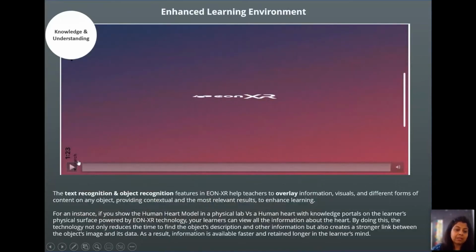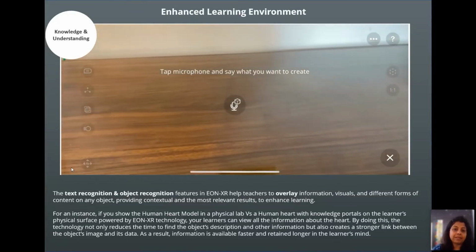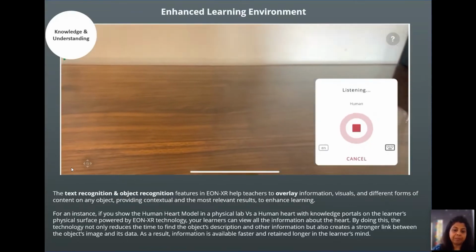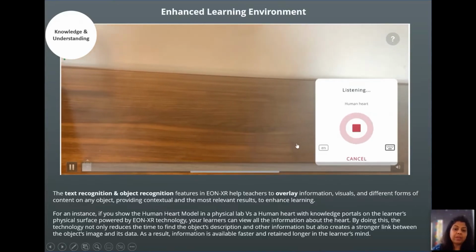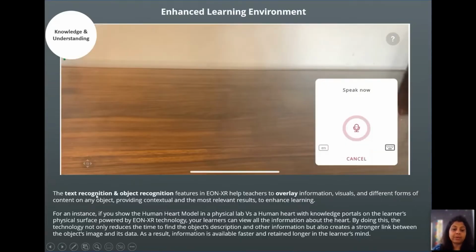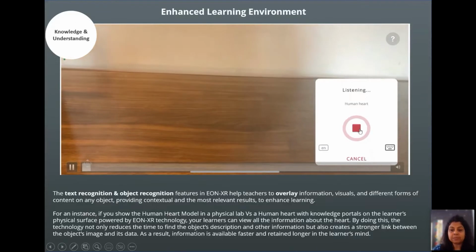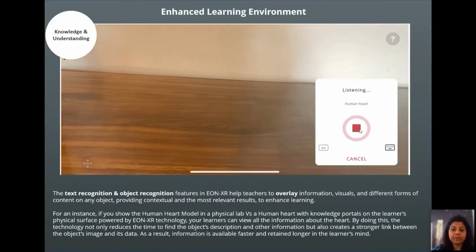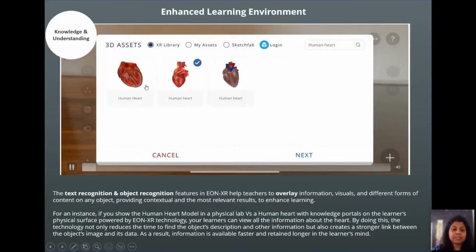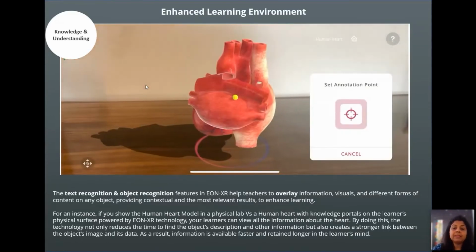We'll take a look at another example of how EON-XR allows you to have an enhanced learning environment. You will see that we predominantly use two major functions to create our content. One is text recognition and one is object recognition. So in text recognition, you can basically spell out what you are looking for when you are creating content. Let's say here we have started with a human heart, and we readily get the model in front of us